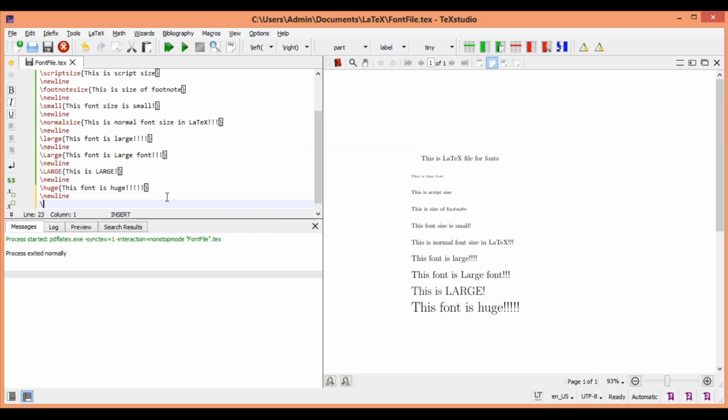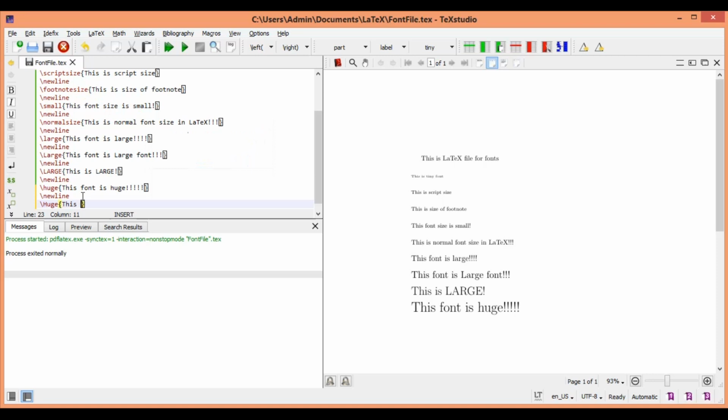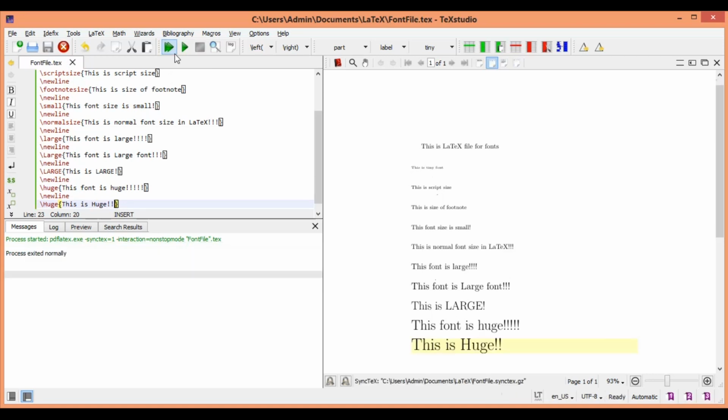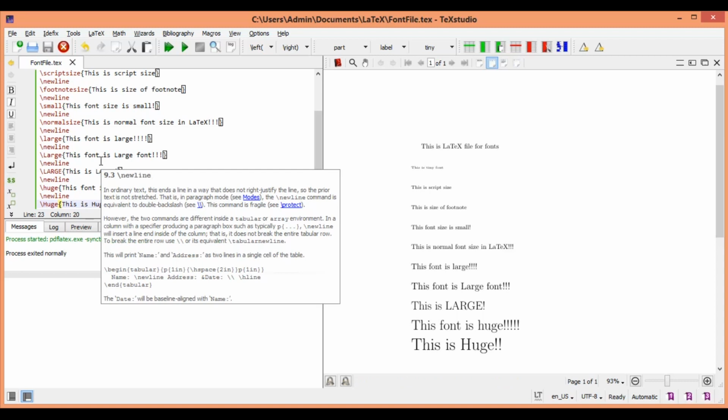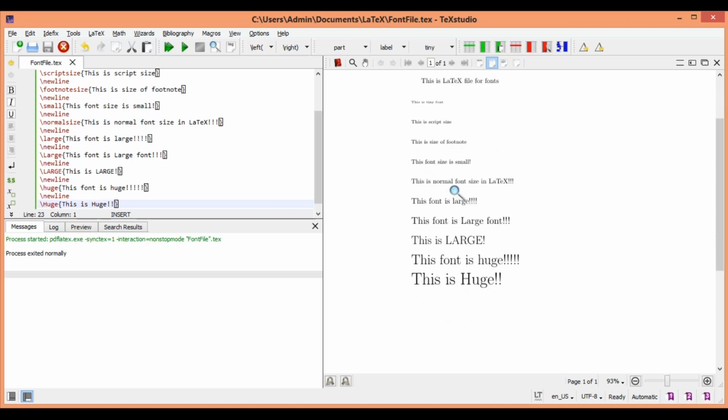In the huge, the first one we wrote all the letters in small. So in this case we are going to write only the first letter in capitals. Okay. So this is Huge. This will be the biggest font that LaTeX actually supports. Unlike large where you have a third category where all are written in capital, you don't have support like that in huge. In huge you only have two formats, where all are small or only the first letter is capital. So these are the different sizes of font that LaTeX supports, and we have seen how these look in an ascending order.